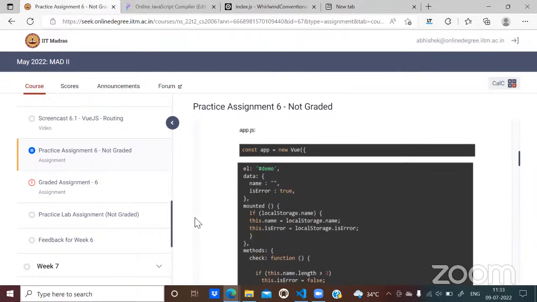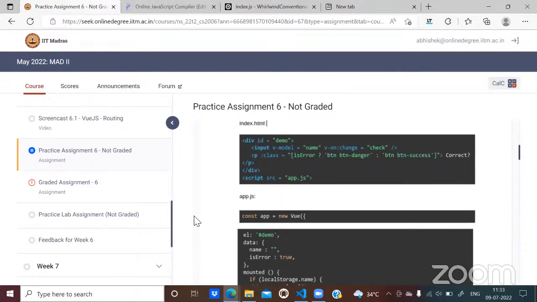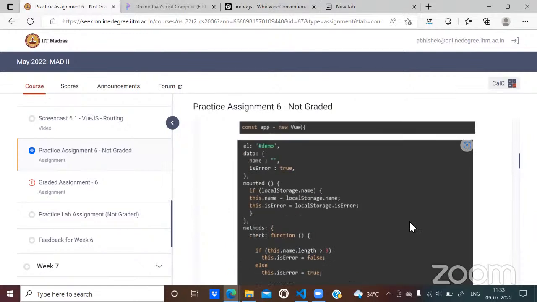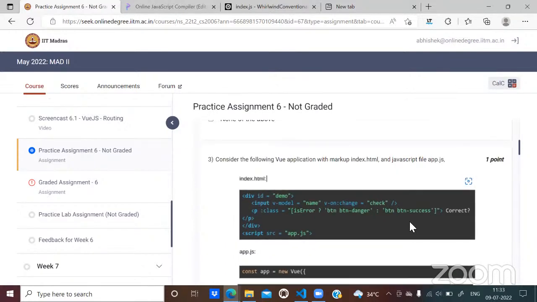Got it, sir. Thank you. How will it decide when to stop? Suppose I'm entering some characters in the text box, then even if I enter the first character, the function will be invoked for every change. That means if you are writing Abhi, I just jumped directly to I. It would have been invoked for A, for B, for H, and for I as well, for everything. Then it will keep storing A, then AB, then ABH, like that.